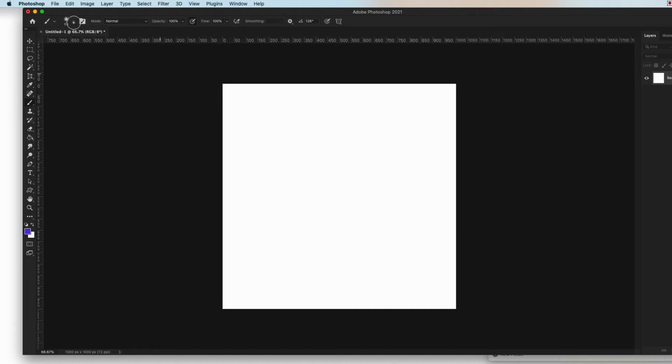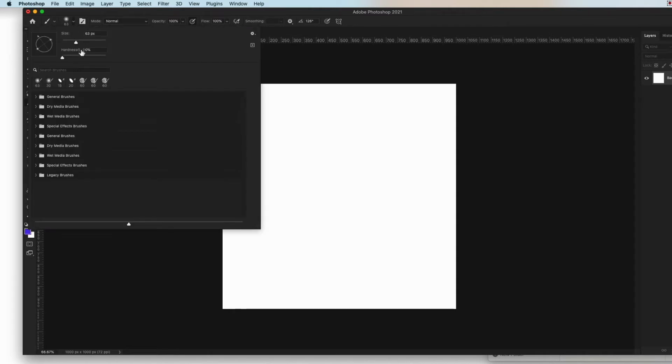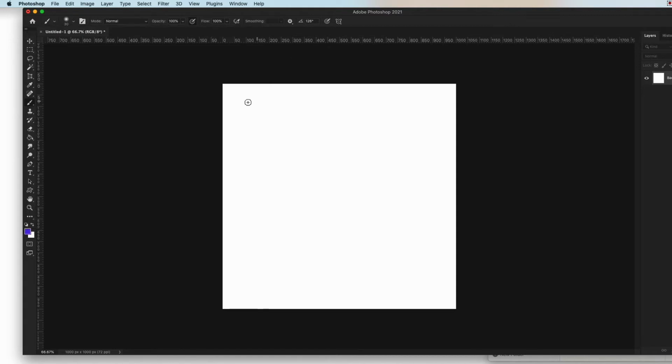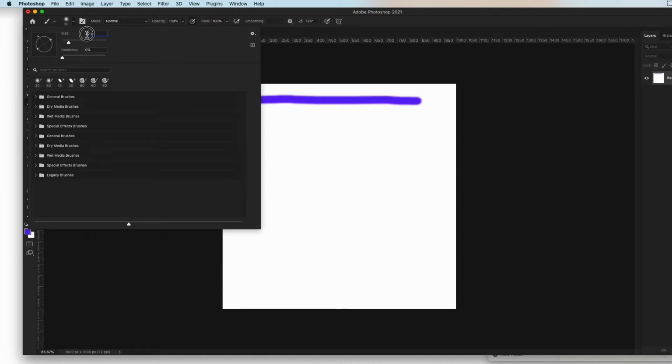Okay, let's go down back to 30. And by the way, if you don't want to play with the slider, you can just type in 30. Let's go ahead and type in 30 just for time's sake. And as you can see, now I'm going to just stroke across. That is 30. All right, so now I'm going to increase this to 60, and I'll just type in 60